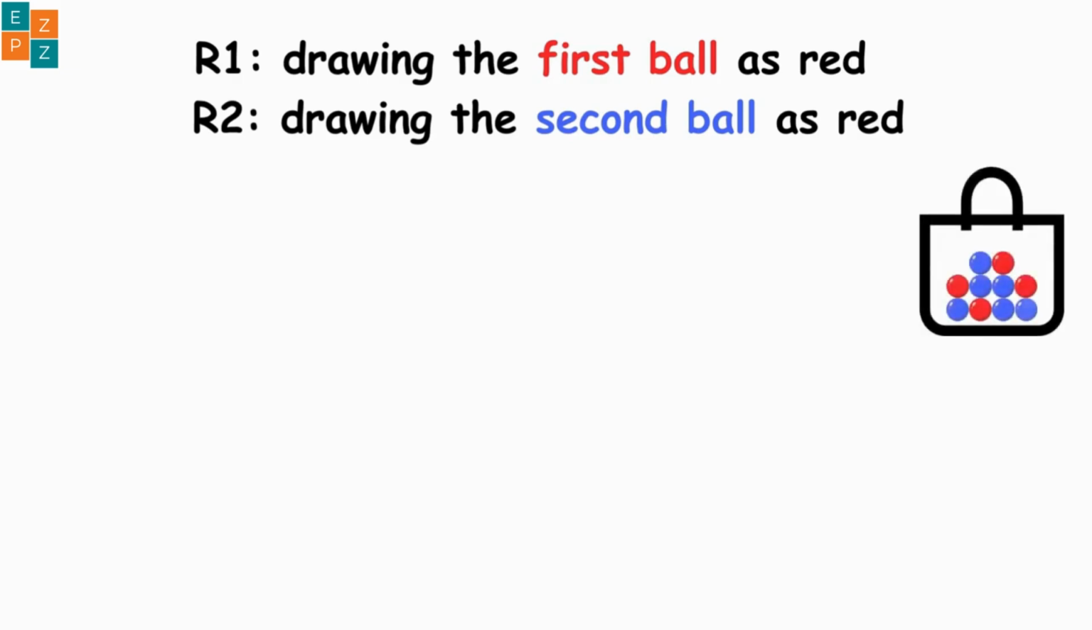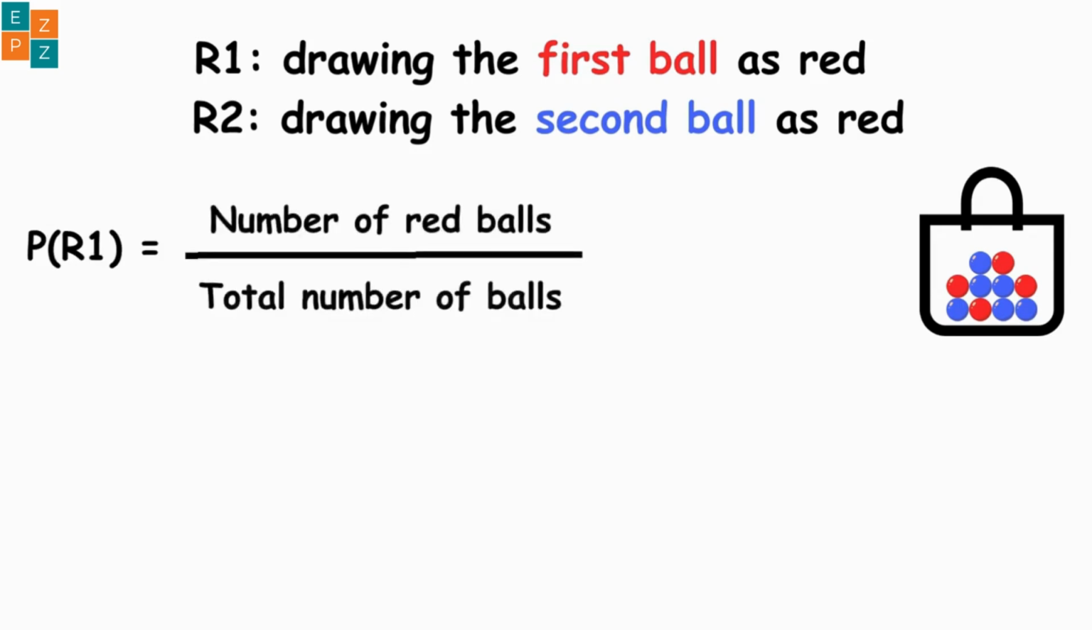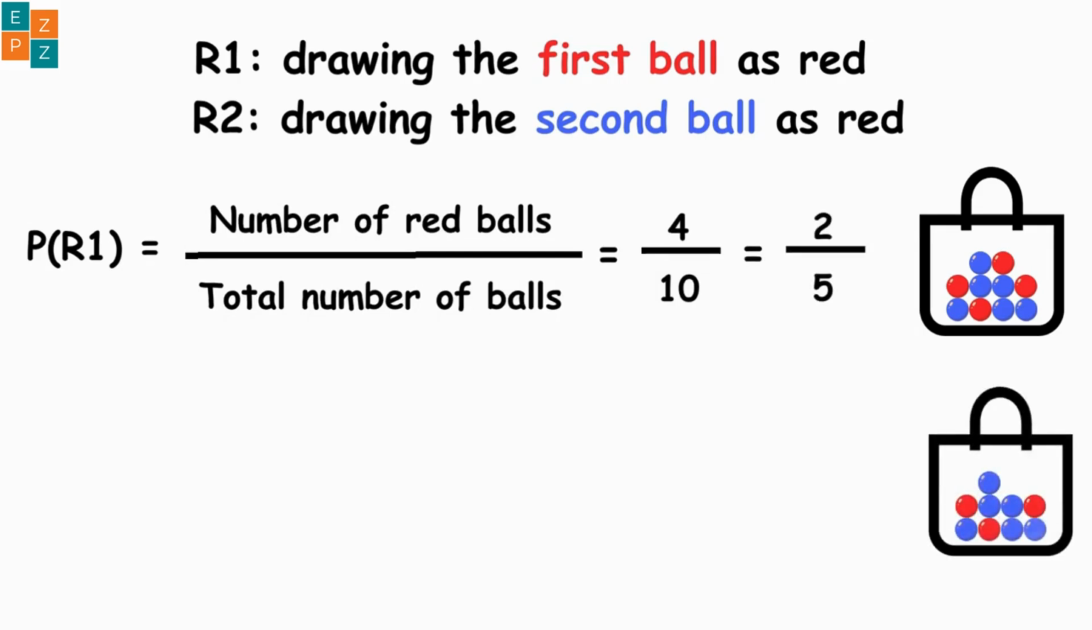Initially, there are 10 balls in the bag, 4 red plus 6 blue. So, the probability of drawing a red ball on the first draw, probability of R1, is equal to the number of red balls divided by the total number of balls, which is equal to 4 by 10, which is equal to 2 by 5. After drawing 1 red ball, there are now 9 balls left in the bag, 3 red plus